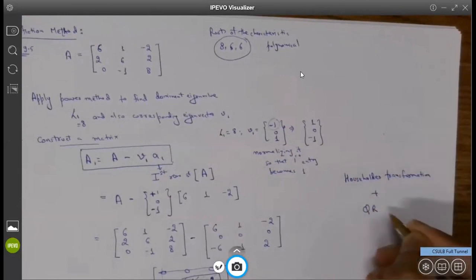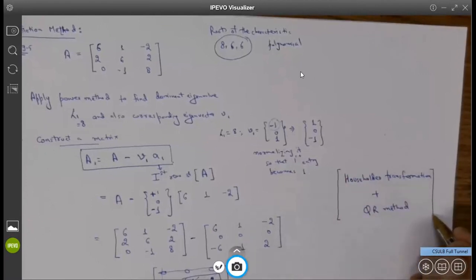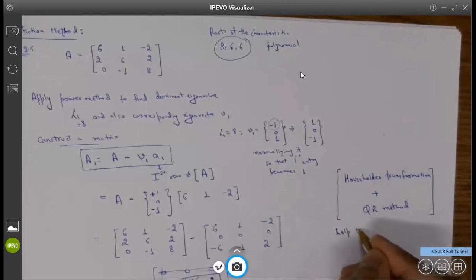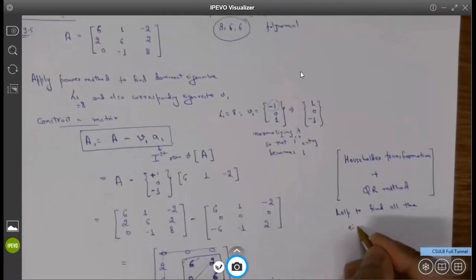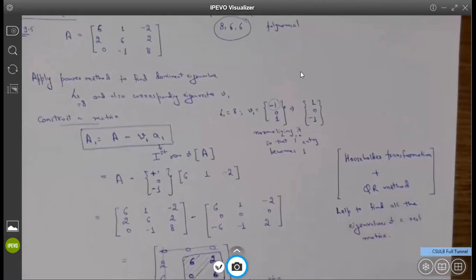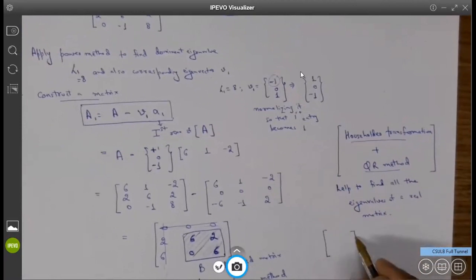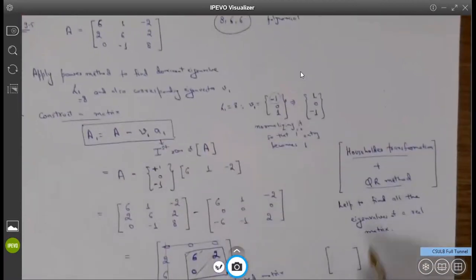Householder transformation plus QR method. We are not going to look at the details of this technique, but these techniques help to find all the eigenvalues of any real matrix. What the Householder transformation does, let's say you have a general 3x3 matrix, just like your A here, or it can be n by n. If you apply the algorithm, and as I said, I'm not going into details of the algorithm,